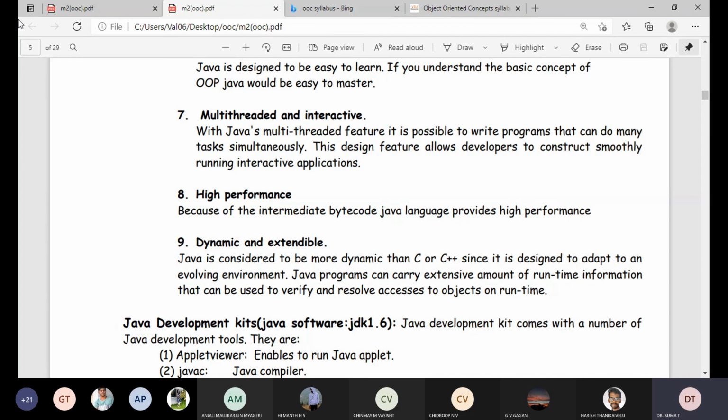Dynamic means there are many problems which come up during the execution of programs, and these are going to be solved using the extensive Java programs, right? So that is why it is more